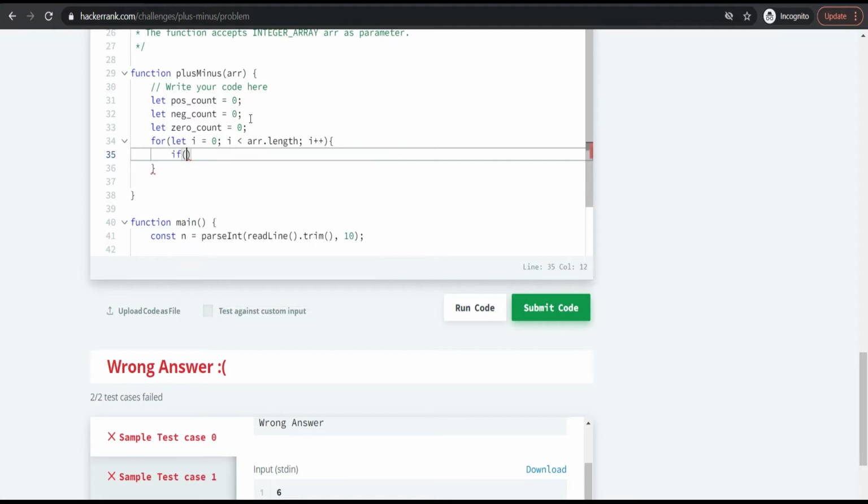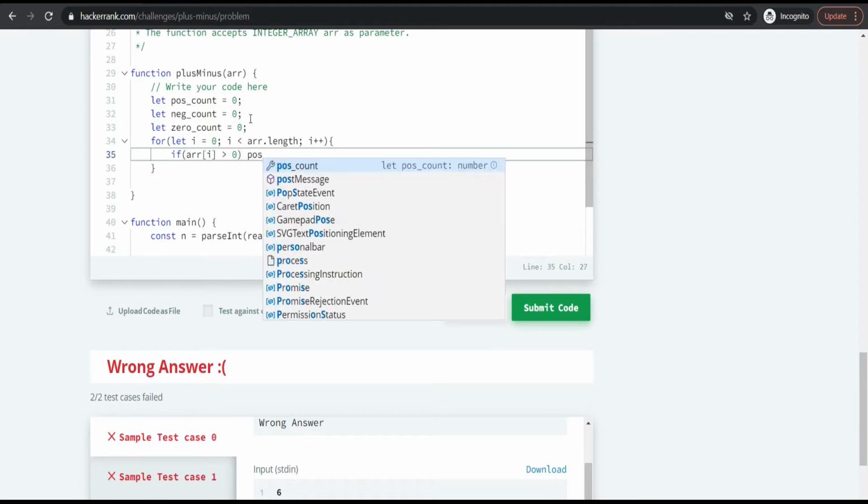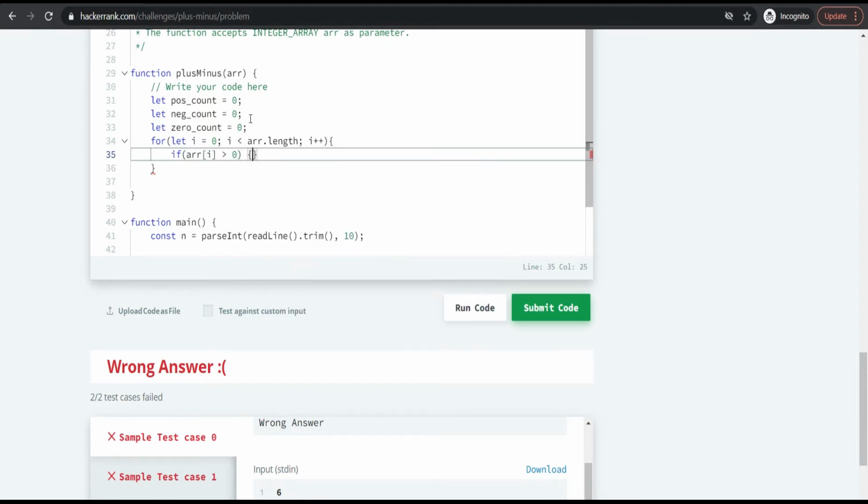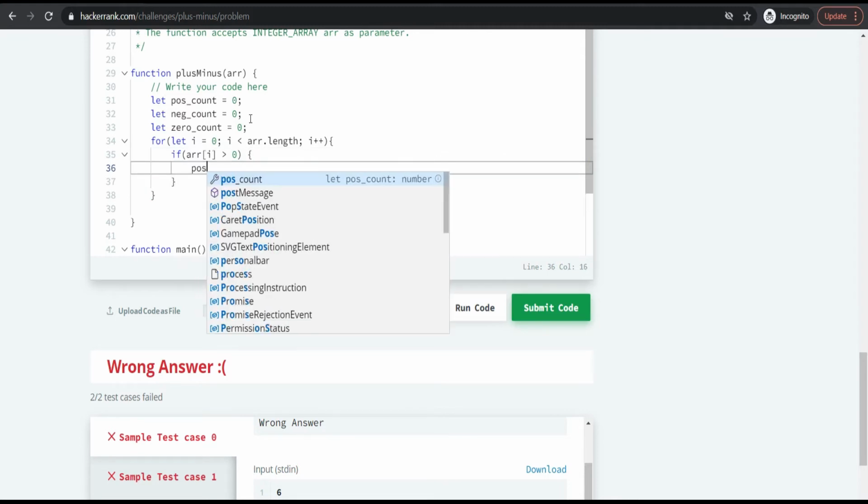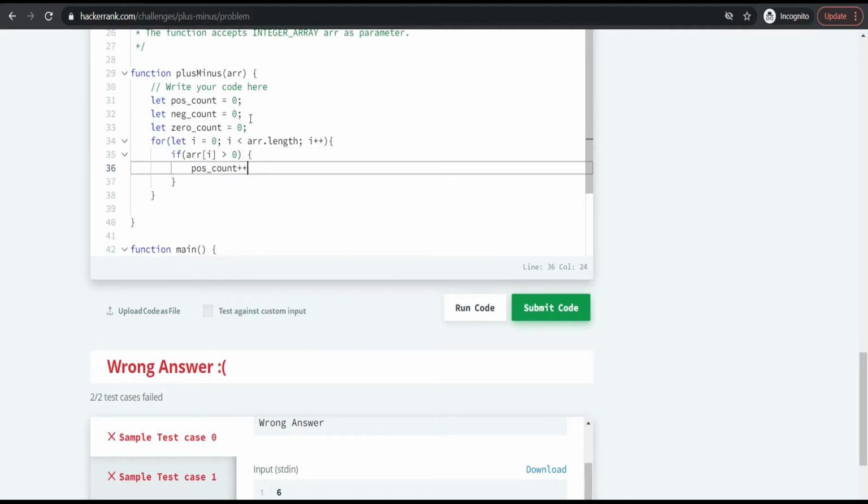For example, if array[i] is greater than 0, then I'm increasing the positive count, plus plus.